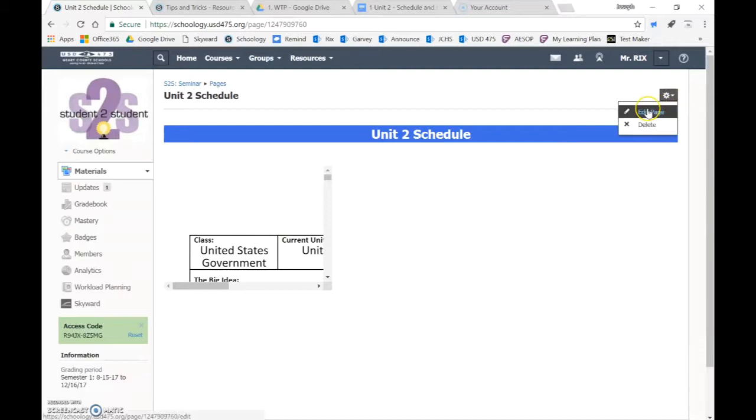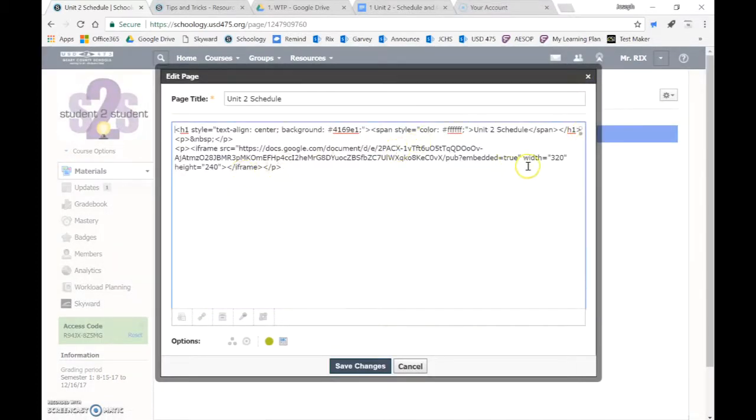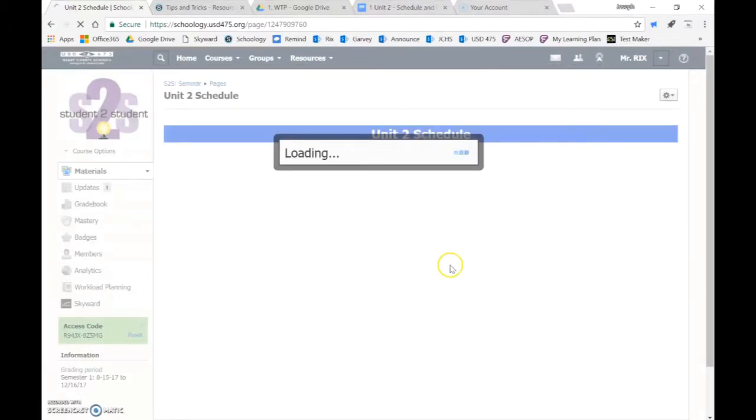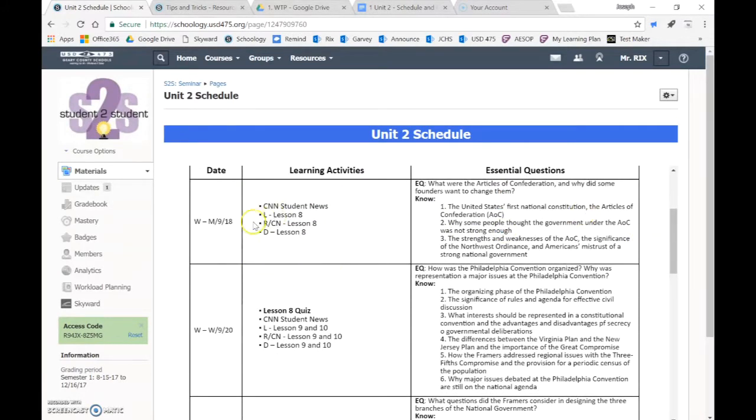We're going to come over here, edit our page, go hit our Nerd Freckles again, and where we see width, we're actually going to put 100%, and under height, we're going to put 500. Now under height, you could put 500, you could put 1,000, you could put 2,000. It all depends on how you want it to be seen on your page. I'm going to go ahead and hit Save Changes, and what we'll see is the width has maxed out at